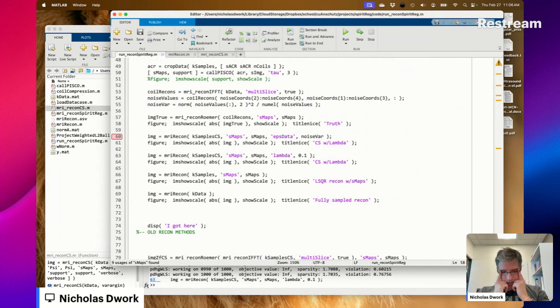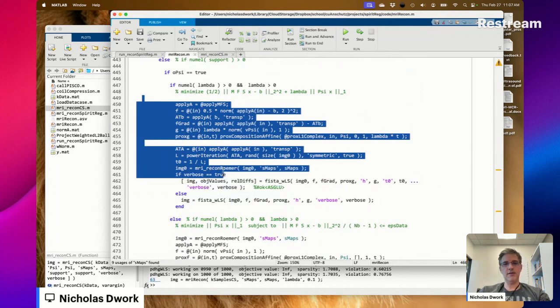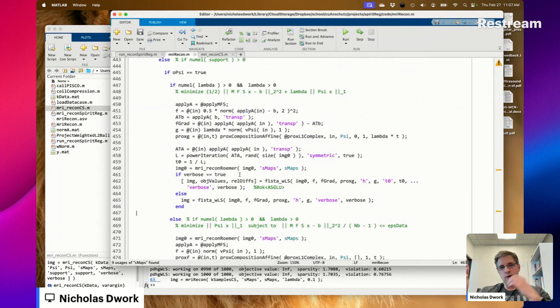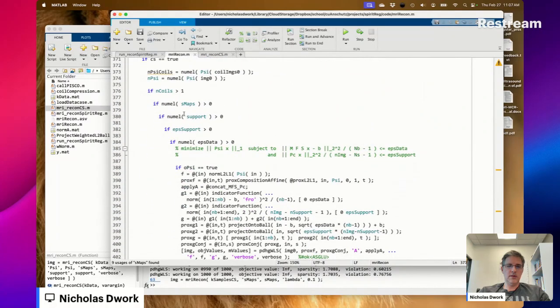Here's where the code did not work out as nicely as I wanted. Rather than creating a different implementation for each combination of inputs, I wanted to be able to create G Spirit Reg, G compressed sensing, whatever, G lambda, and then use FISTA or PD3O to solve them, concatenating the proximal operators into a single proximal operator and then run. But instead, now it seems like what I have to do is